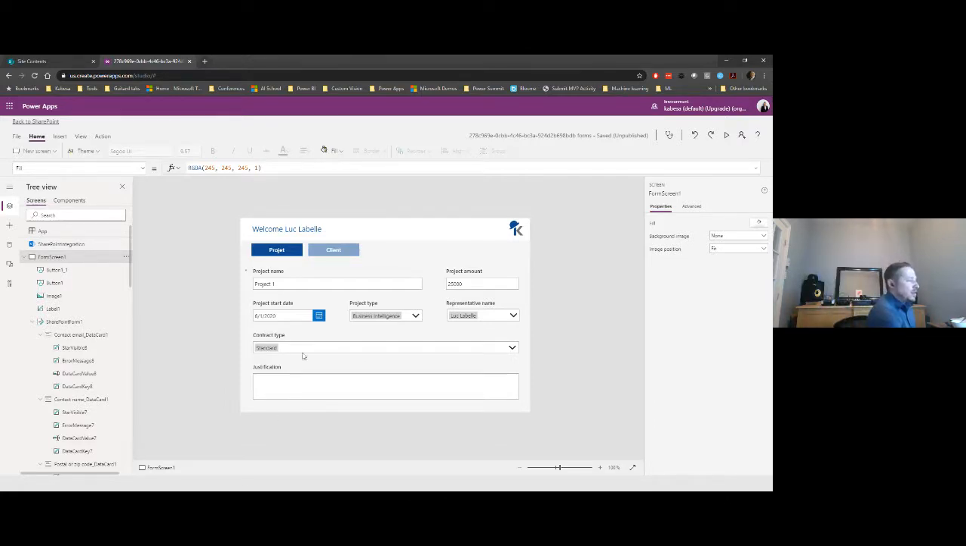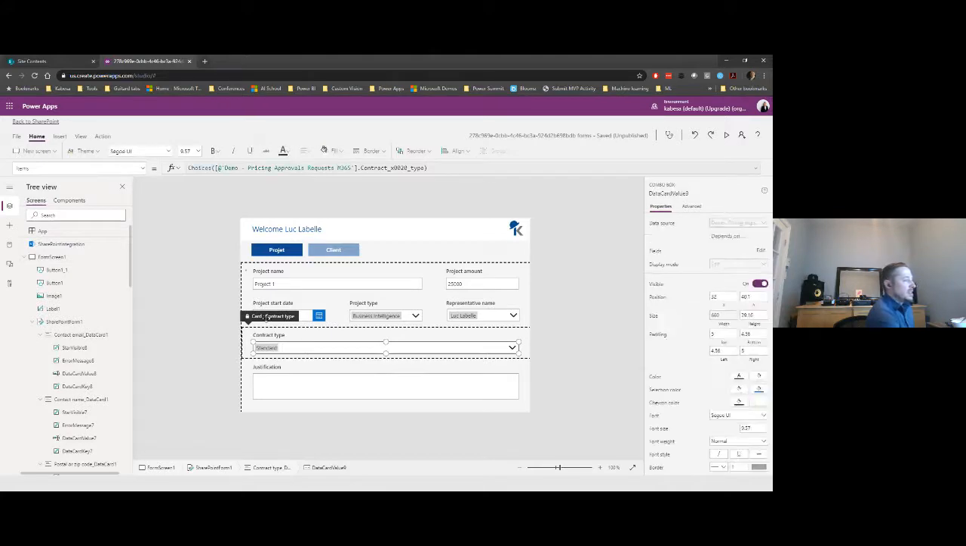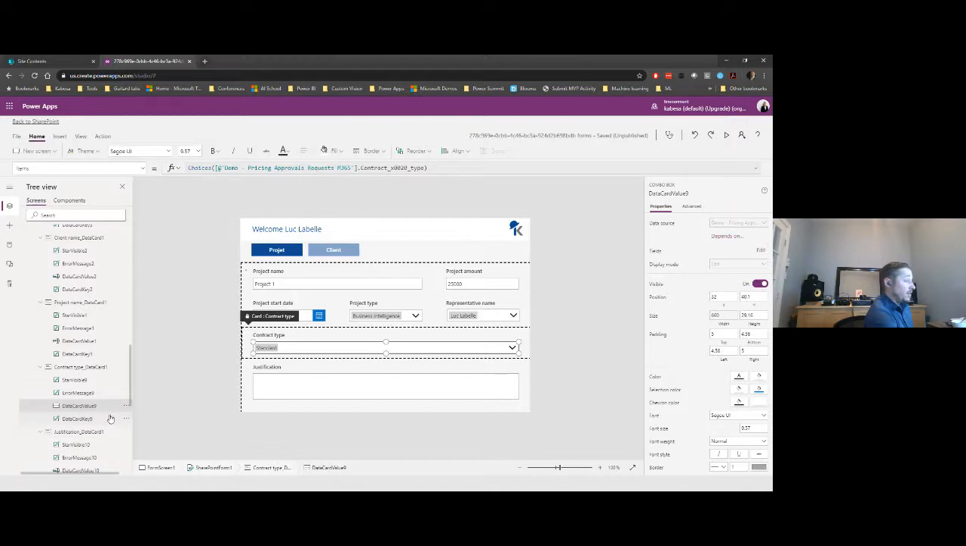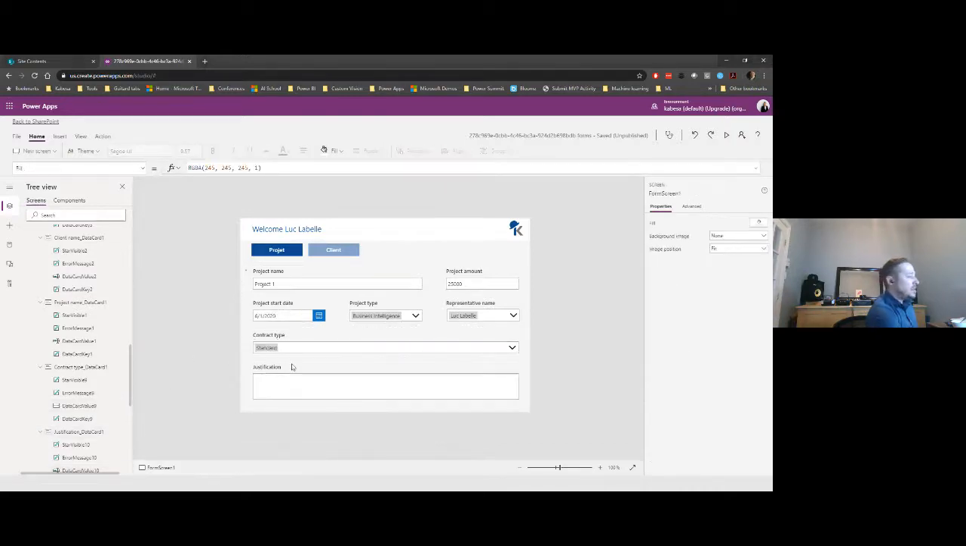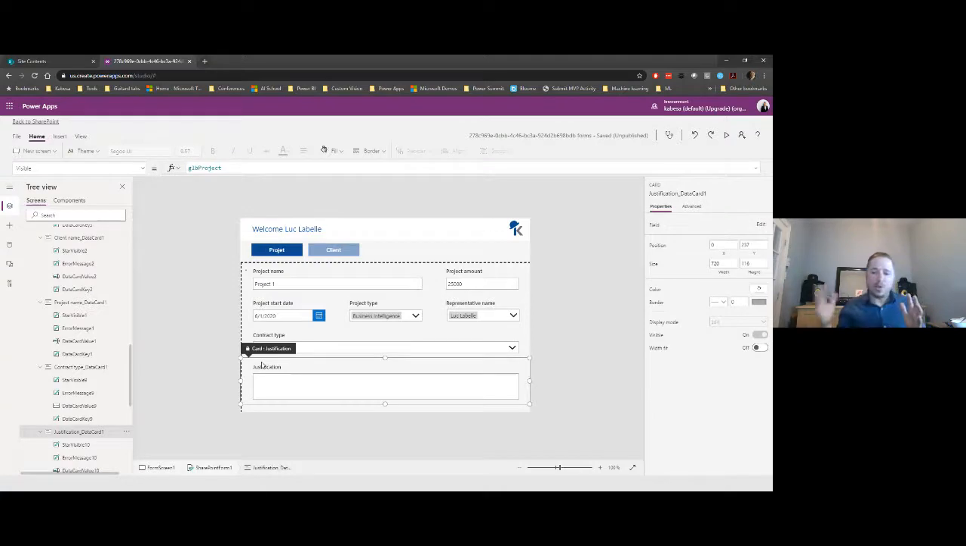So that specific control is this data card value. Obviously I should rename this adequately, but right now it's called data card value 9. Whenever this data card value 9 is equal to non-standard, I want the justification to be showing. But we are already driving the behavior of the justification panel with these buttons at the top. So this is kind of a two